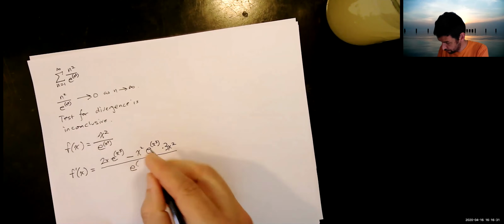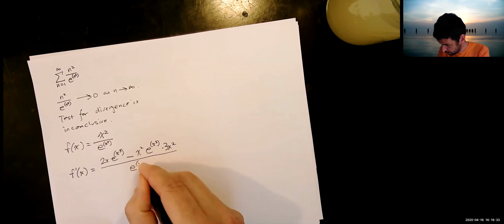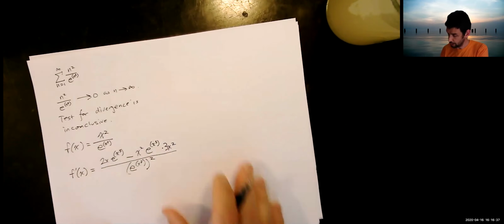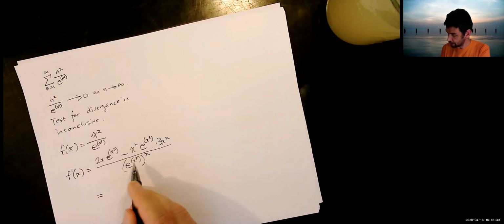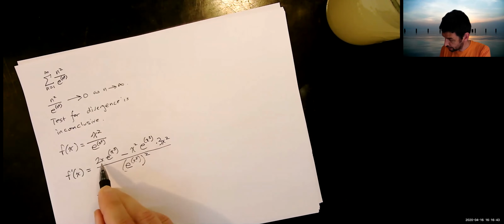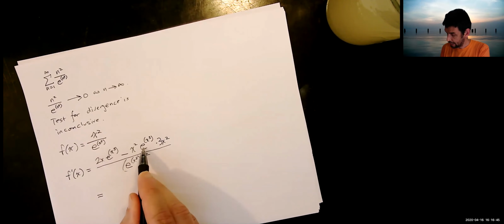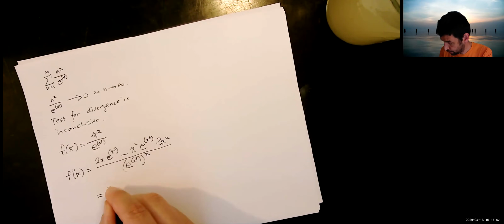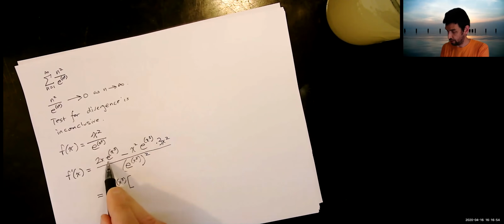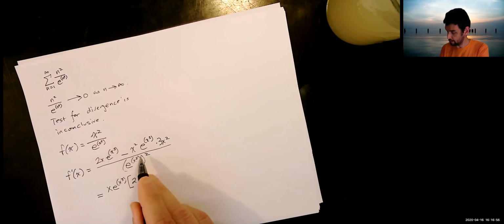e to the x cubed, squared. Right. Let's do a little bit of algebra. In the numerator, I can factor out an x and an e to the x cubed. So I'll have x e to the x cubed. And what's left here? I have a 2 minus